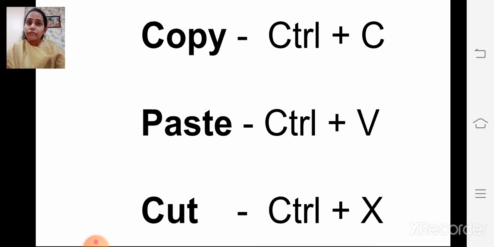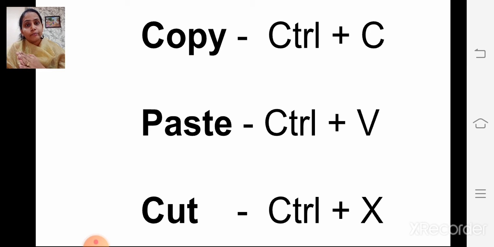Now we will see the shortcut keys. Instead of clicking on the copy command, press and hold the control key and press C. It will copy the text. Next, the paste command: press and hold the control key and press the V alphabet. It will paste the text which you have copied.